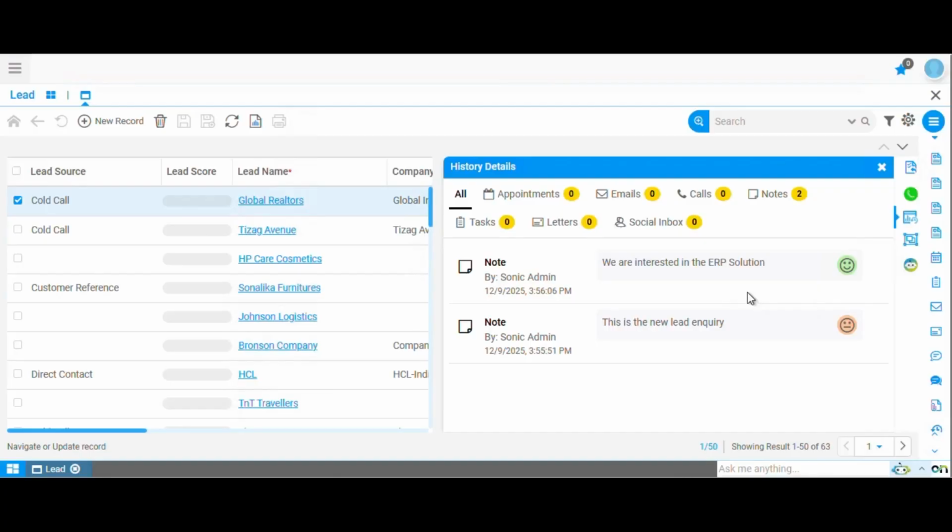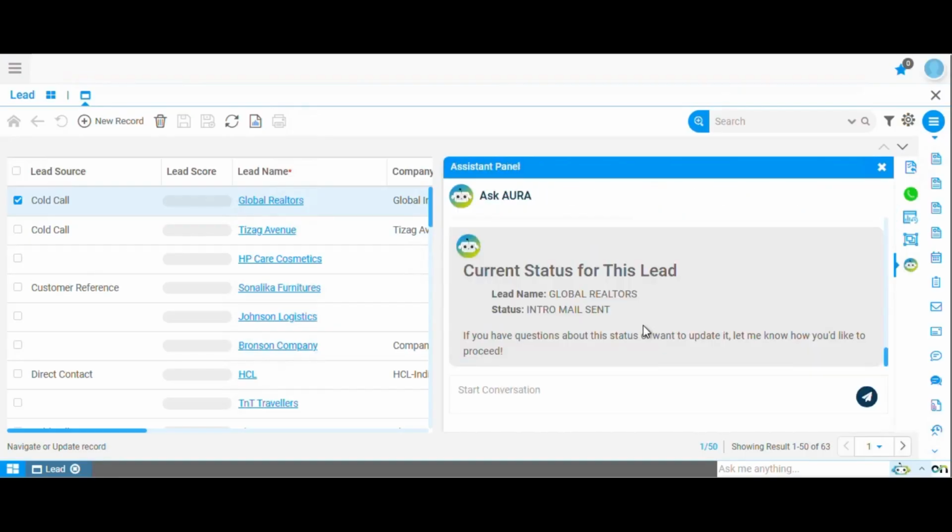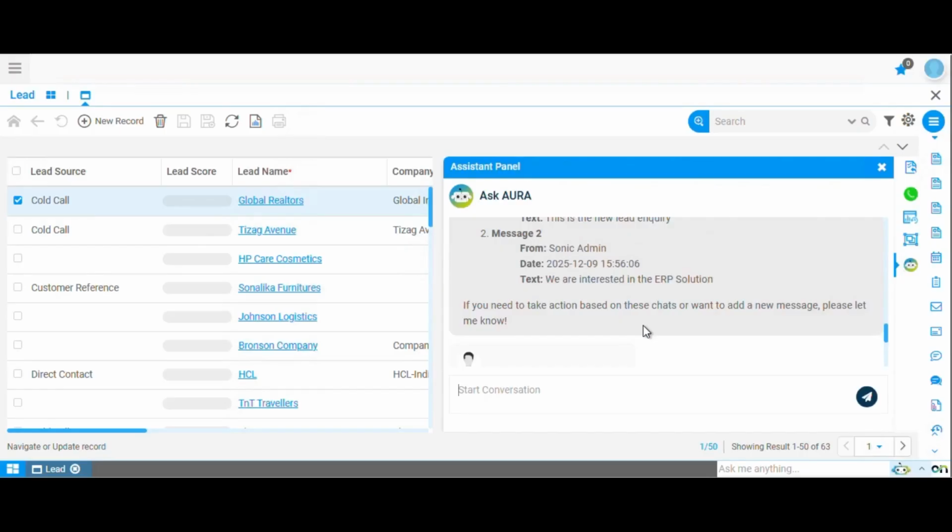This is done based on the response to that chat or the email or appointments. As you can see now, these were the chats that were there in the history panel as it just showed up. I just wanted to show you how these things work. Now, if I go back to my assistant panel, it will also fetch all the chat that we have done